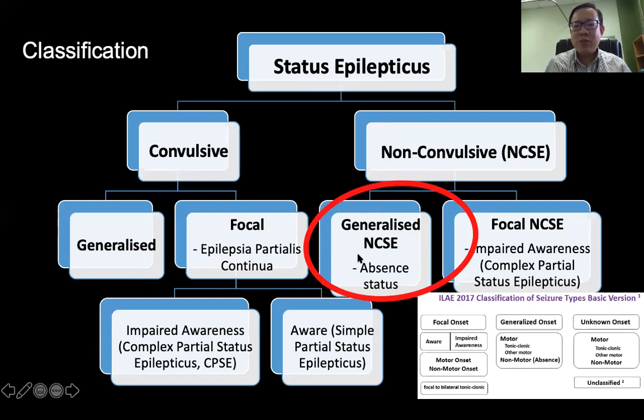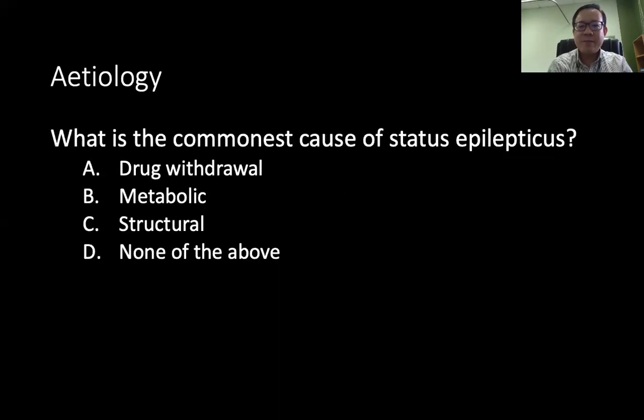And in this patient, the patient has 3 hertz spike and wave, 14 years old, as I mentioned. So he has absence status epilepticus. This is one of the examples of absence status that we have met over many years.